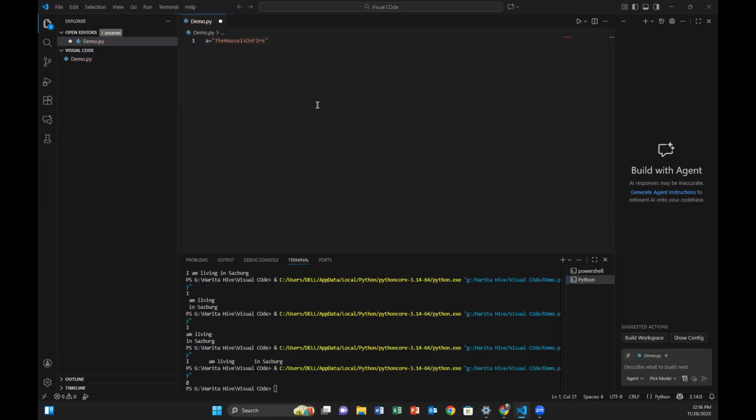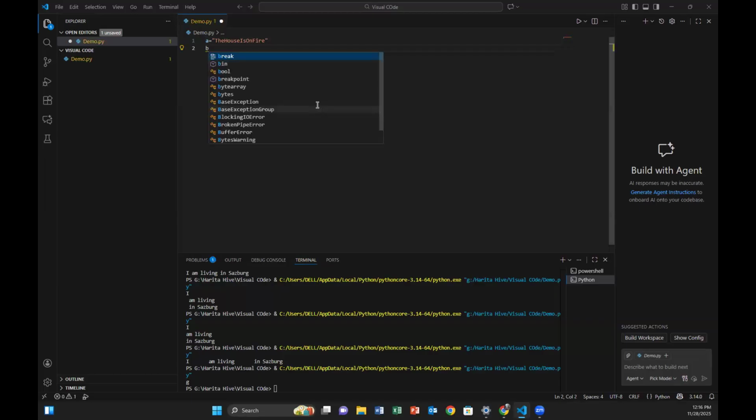Now, using slicing, create B, C, D, E, whatever, in which B should be equal to "the", and C should be equal to "house", and D should be equal to "is". So B is equal to A